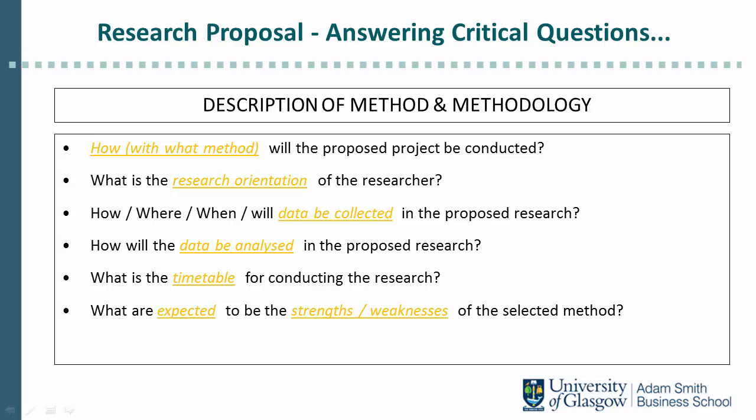Finally, your third chapter of your proposal is very important because it actually tells us what you're going to do. So to devise this third chapter, you need to actually look for potential data and tell us where this data is likely to come from. So what methods you propose to implement, on what research orientation can you justify the choice of those methods, how, where, when, and in what way will the data be collected, how it is going to be analyzed,